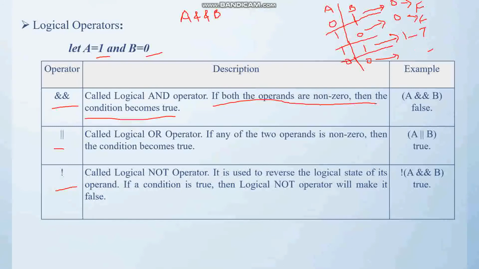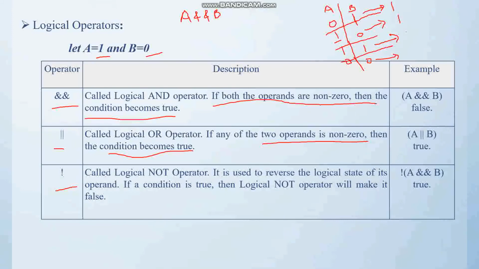Now understand the logical OR operation. In logical OR, if any of the two operands is non-zero, then the condition becomes true. Now we do not need both operands to be true. If one of the operands is true, then the final result is true. In this case B is true, so we get 1. Here one operand is non-zero, so it becomes 1.